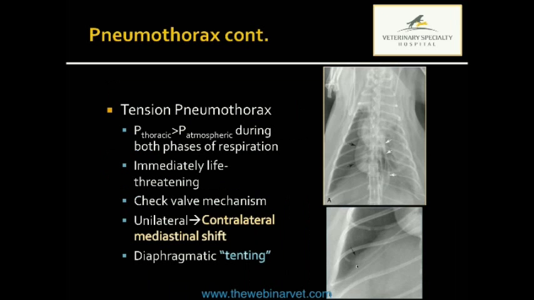A special variety of pneumothorax I just wanted to touch on because in some ways it is more critical than the standard pneumothorax, and that's a tension pneumothorax. So it's defined